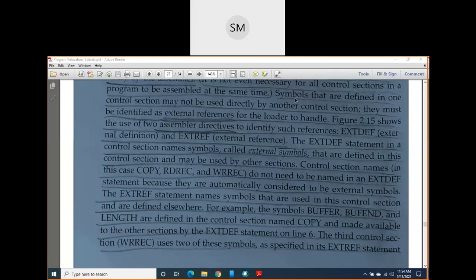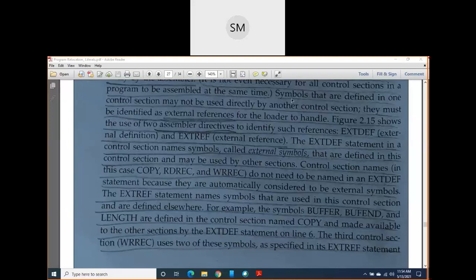Now come to symbols. Symbols that are defined in one control section may not be used directly by another control section. Suppose LENGTH is defined in control section 2; then it cannot be directly used in control section 1 or control section 3.